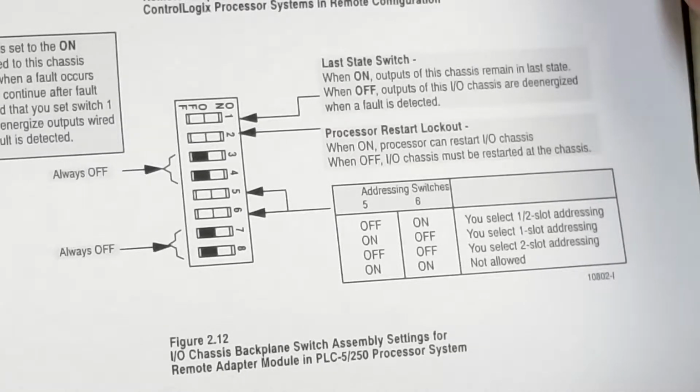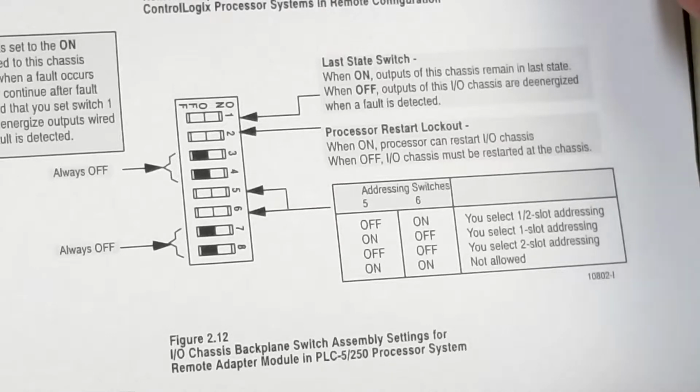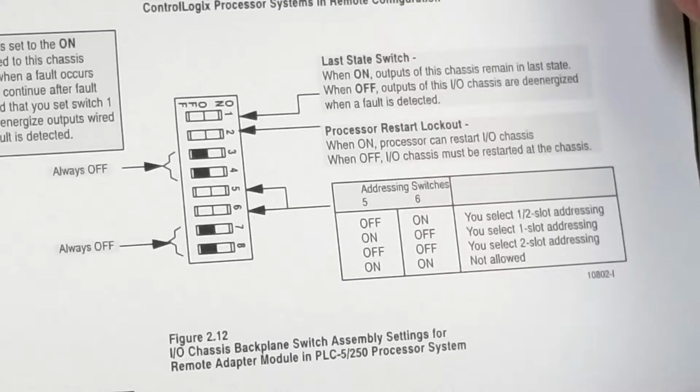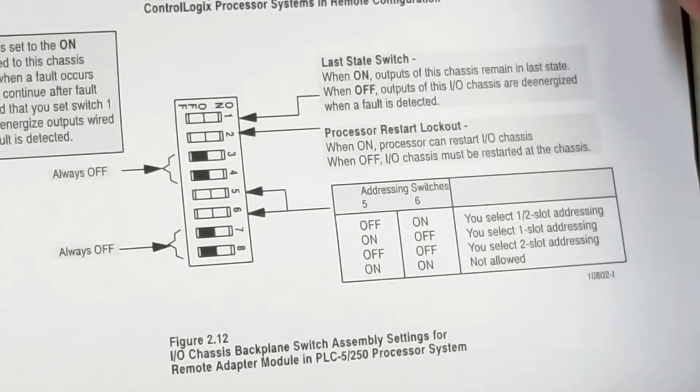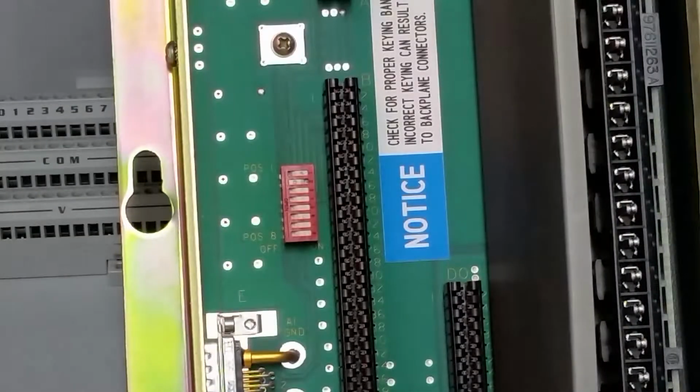And originally everything was 2 slot, and then Allen Bradley developed one slot, and then they developed half slot. Half slot you use with 32-point modules. So, looking at our chassis here,